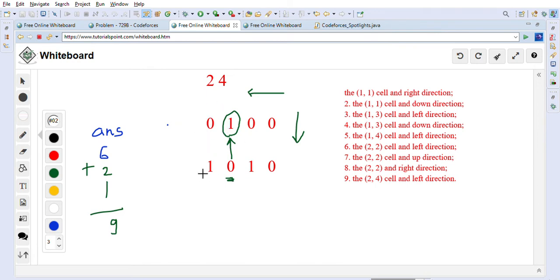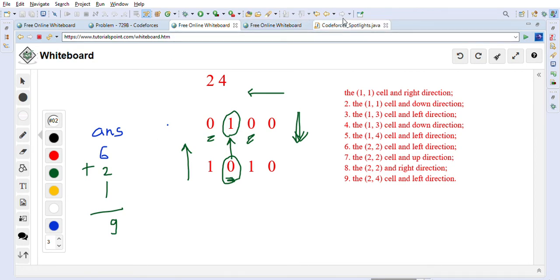The same logic is applicable when we go through columns from down to up and up to down. Whenever we find one, and after that we find any zero, we can put a satellite there, here and here in this case. And if we are going from up to down, in that case if we find one, we can place a satellite when there is a zero afterward, right? So that is the simple logic to solve this problem.